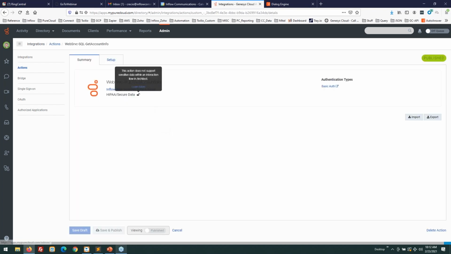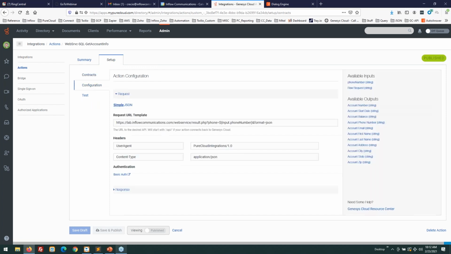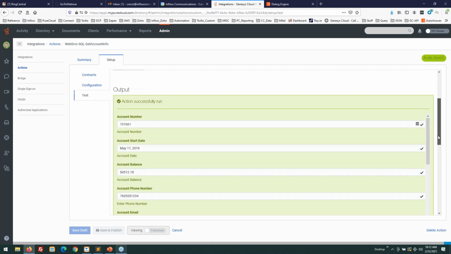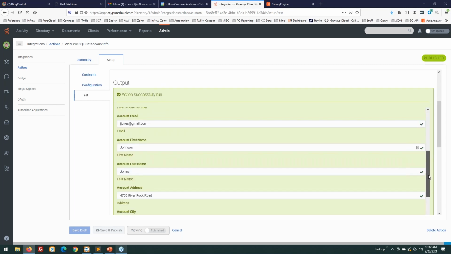So now I'm going to show you a live working example here with one I've already got set up. You can see that my structure is the same. I've pointed to different places, but I'm going to come right here and type in a phone number. And you can see I have my web service successful and my data has come back.